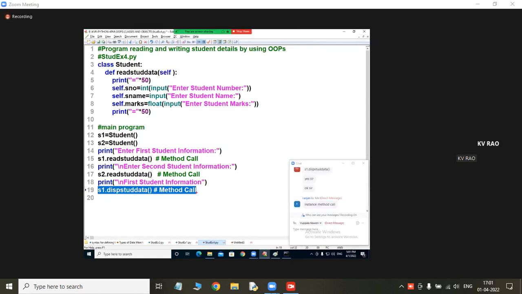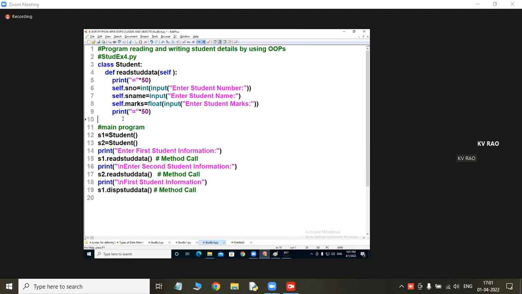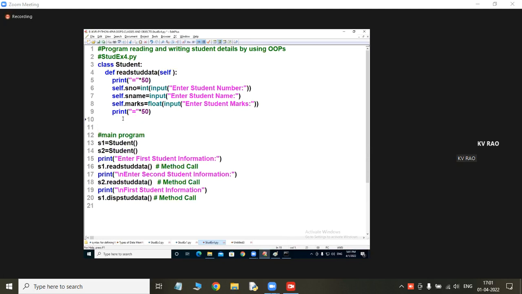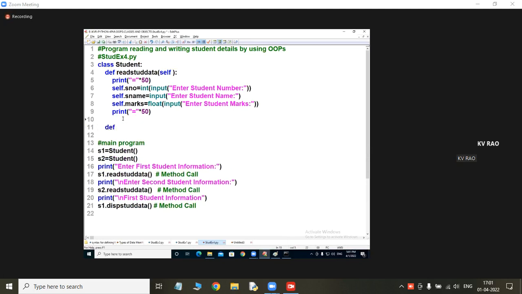Definition. Go to where? Which class? Student class. Looking for which function? This one. Is it matching? No. Require one more definition or not? Yes, require. I am defining now. Come on, define please. DEF